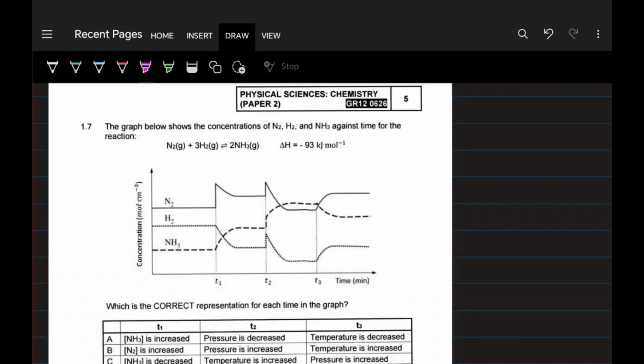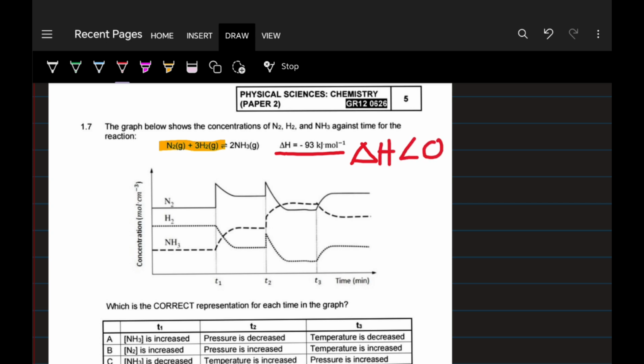Now, we're given that the graph below shows the concentrations of nitrogen, hydrogen, and ammonia against time for the reaction. Our reaction is nitrogen plus 3 moles of hydrogen to produce 2 moles of ammonia. We're given that this reaction is exothermic because delta H is